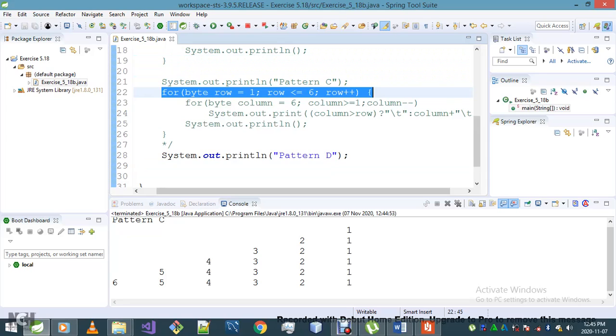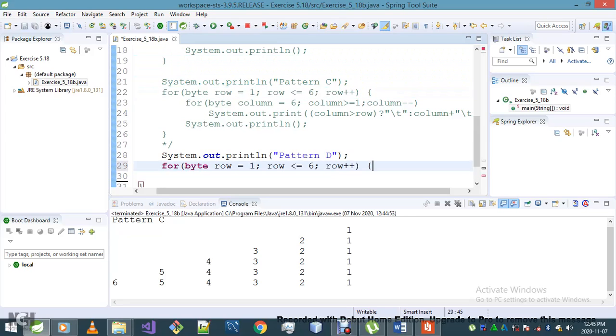Let me copy and paste that. From 0 to 6. We're excluding 6 here. And then,